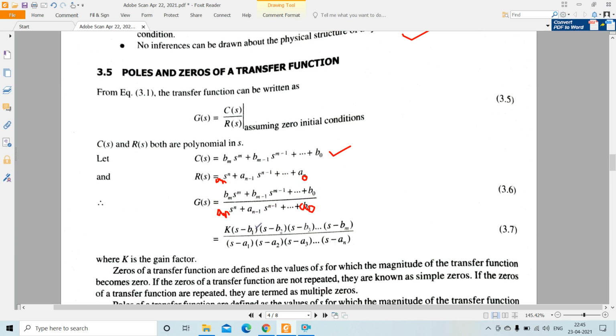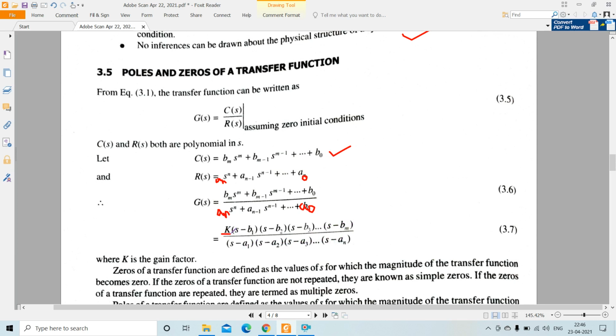If we find out the factorization of these polynomial expressions, then this is converted into K into (s minus b1)(s minus b2)(s minus b3) up to (s minus bm). Similarly this is (s minus a1)(s minus a2)(s minus a3) up to (s minus an), where